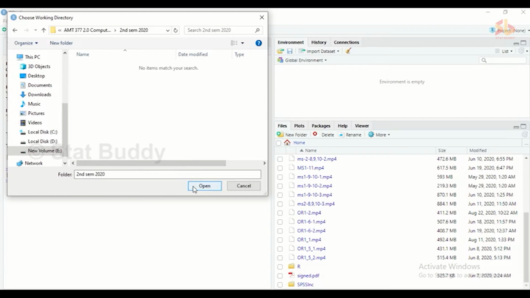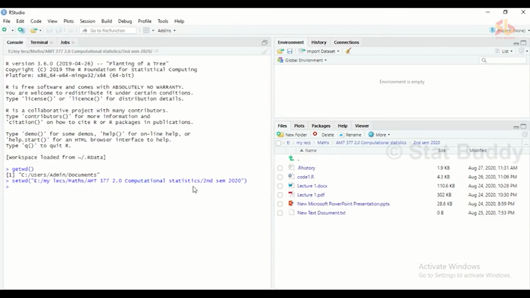If you want to store all the things and list all the data in one folder, you have to set your working directory to that particular folder. By selecting that, this function setwd will be automatically executed, and this is how the destination is given. You can type this function by hand as well.